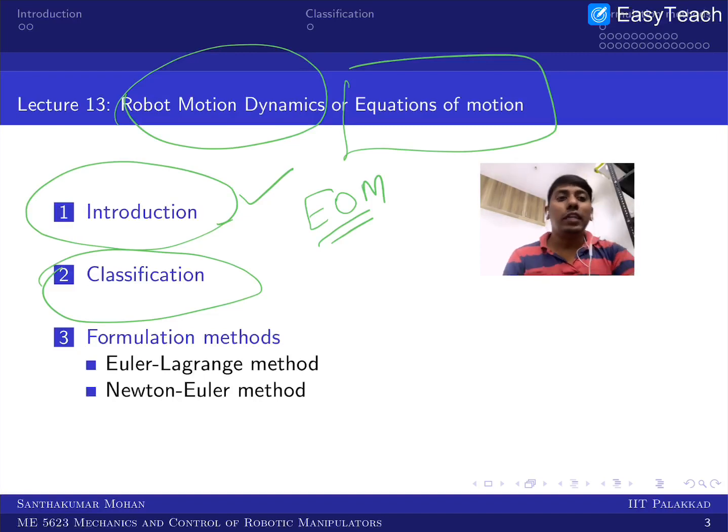and then what the classifications are. The robot dynamics can be classified as usual, like what we did in the geometrical model or differential kinematics. Here it would also become two different classes, but in a slightly different way of classifying. Then we will see that several formulation methods are available, but we are going to see two popular methods. In the first half I will talk about the Euler-Lagrange, or Lagrangian-Euler, or Lagrangian method. In the second half, part 2, we are going to see the Newton-Euler method. So let us go into the course.